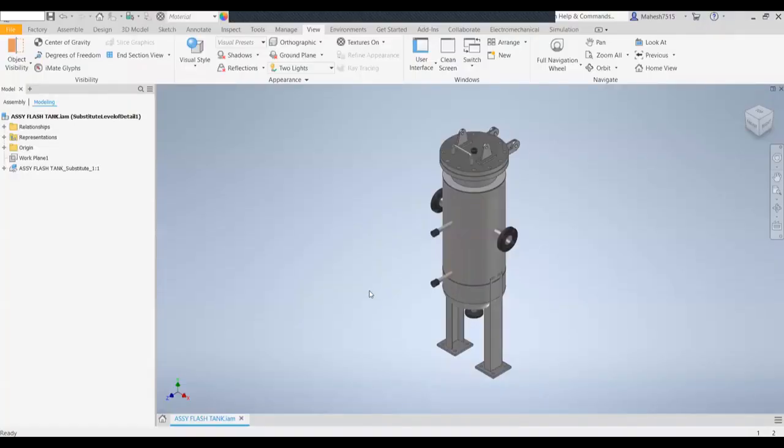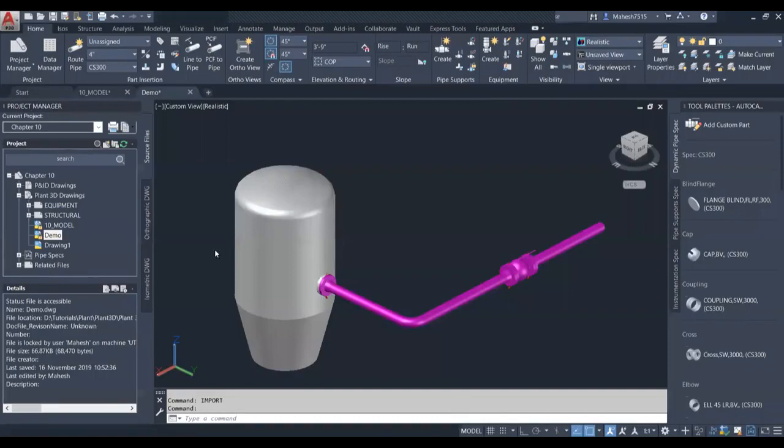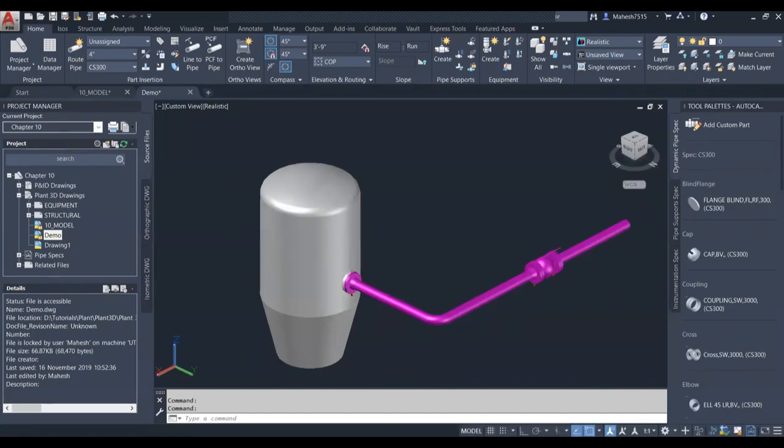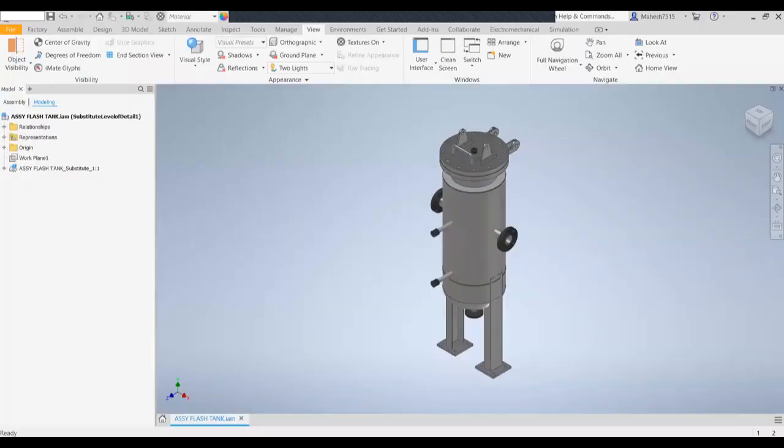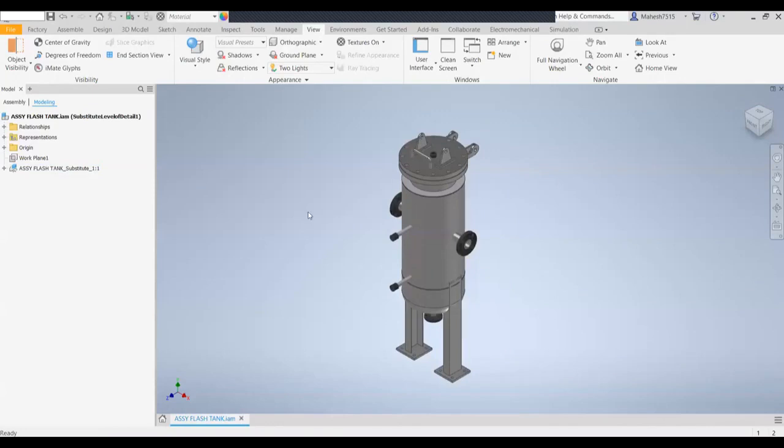In case you're going to give a detailed drawing of an equipment, you're going to create the equipment yourself. Plant 3D won't help because this equipment doesn't have any detail. This is just a graphical representation. If at all you're going to give a detailed drawing or a detailed drafting sheet of an equipment, this doesn't allow you to do that. So anyway, we have to model it in some other design tool. If that is in Inventor, it is easier. So you have created an assembly in Inventor.